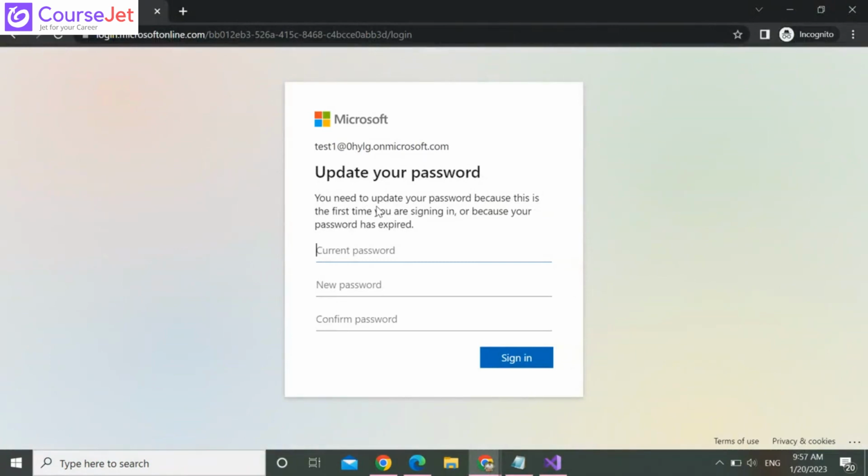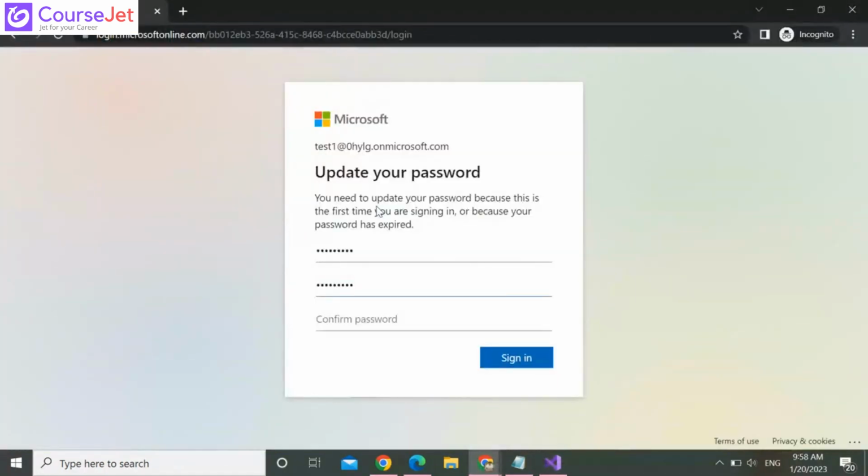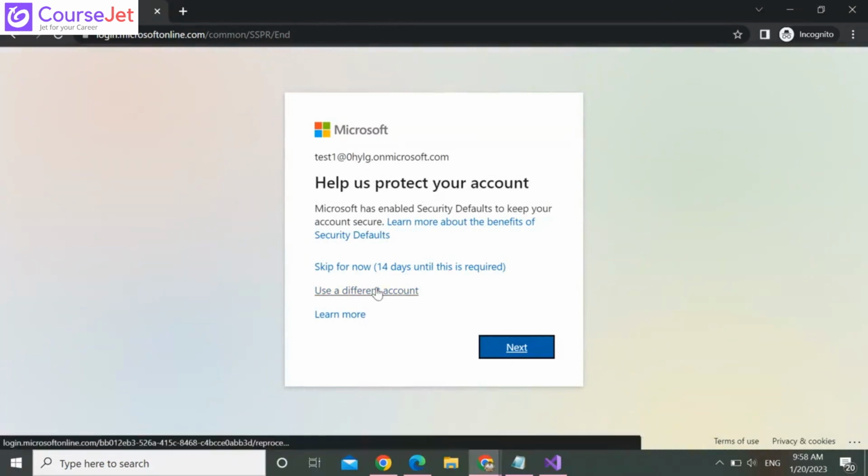Get your password. Signing in. Can I change that password now? Yeah, you can change it.